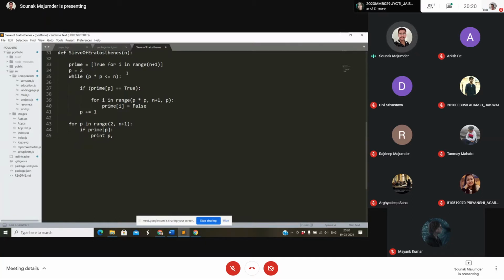So the last index will be n itself, and then we start from p equals to 2. We start from p equals to 2 because obviously we would not want to check for 1, because every number is divisible by 1. So it would be illogical to do so.